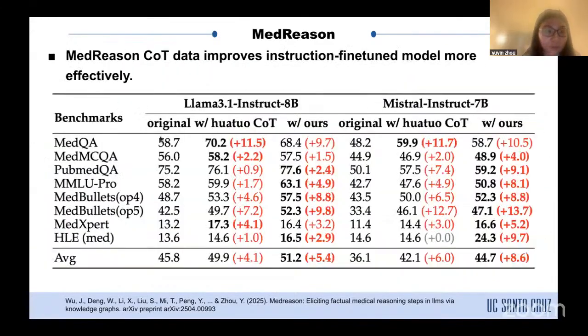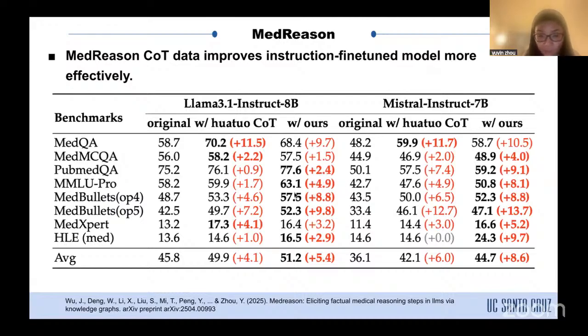So by performing supervised fine-tuning (SFT) on this MedReason COT dataset, we can see that it improves the instruction fine-tuned model more effectively. For example, like this Huatuo COT data, which was yet another COT dataset curated by the Huatuo paper. This was directly created by prompting GPT-4, so without any grounding from medical knowledge graphs. Comparing the Huatuo COT dataset with our dataset, we can see that our dataset